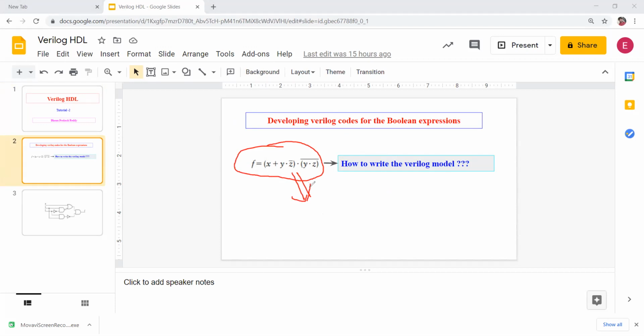If you want to optimize, we can apply plus distributed over dot, or dot distributed over plus, and we can apply De Morgan's theorem. So y dot z bar, we can apply De Morgan's rules here, and then apply those distributive rules and optimize. Here I don't want to apply all those rules. I'll simply use the same Boolean equation I considered. So we'll see how to develop the Verilog code for this expression.